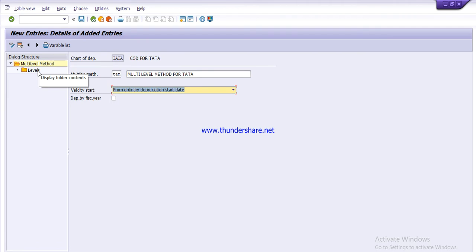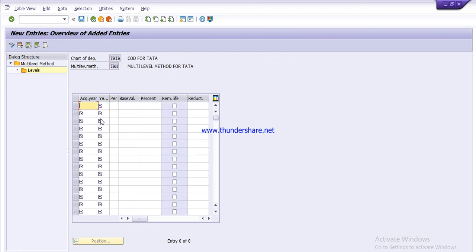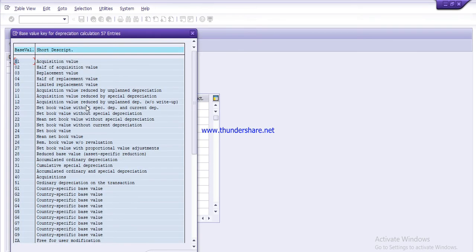Then click on Levels. Here you have to set the levels. Click on New Entries. Here first one is acquisition year. As we don't know in which year, at the time of configuration we set 9999. Similarly for the year we set 99, and for periods we give 12. For base value, press the F4 key.